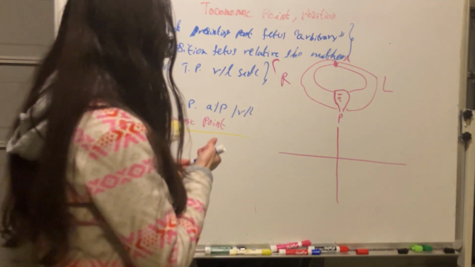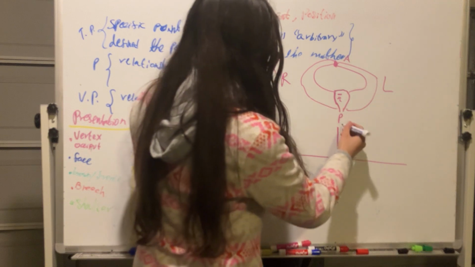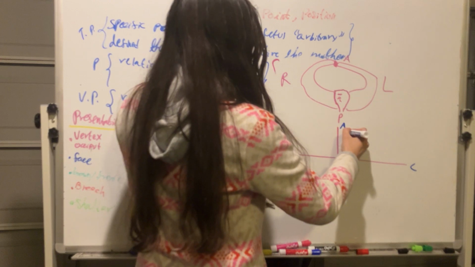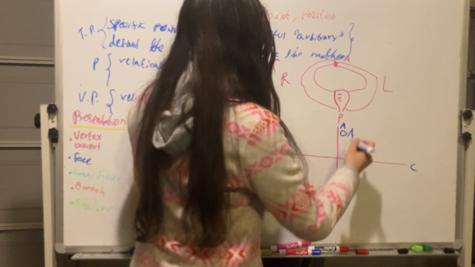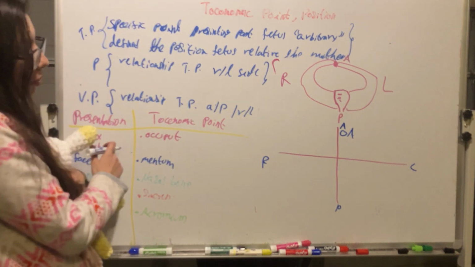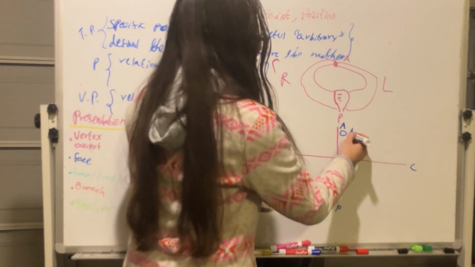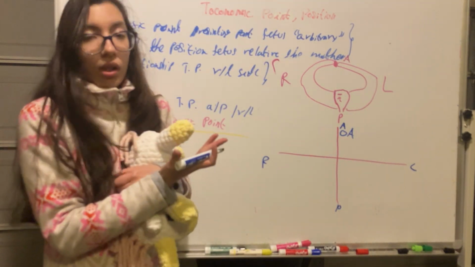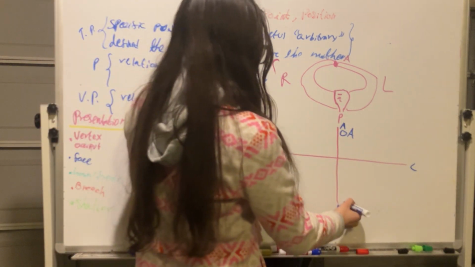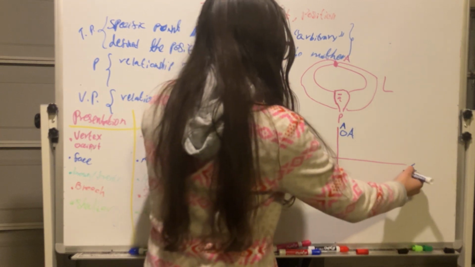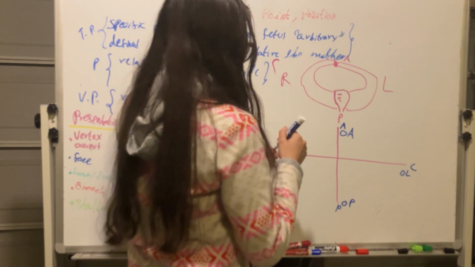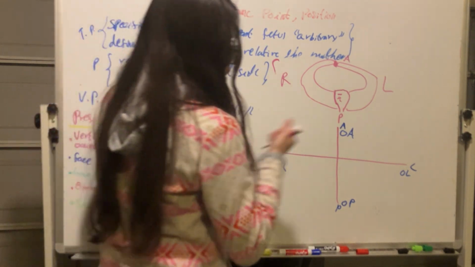We can have anterior, posterior, left, right. We can have what is called occiput anterior, because remember that the most common presentation is the vertex or occiput presentation. So we are considering that the tokonomic point is the occiput. So this is called occiput anterior, occiput posterior, occiput left, occiput right, and we have some other